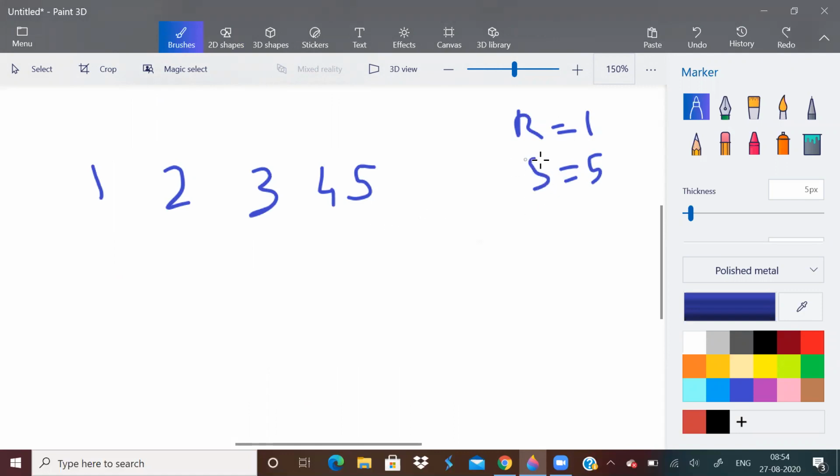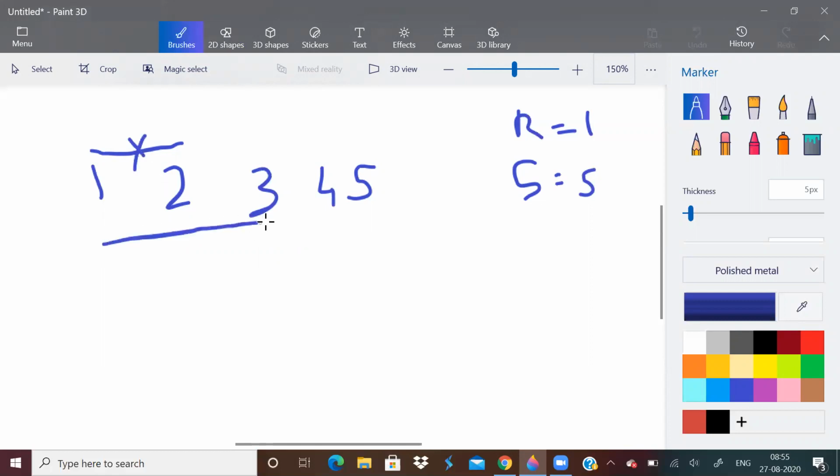Okay, so how to approach this problem? So we have to choose a subarray whose length is greater than 1. Let us consider this subarray. It has length 2, but its sum is not greater than 5. So this cannot be the subarray.